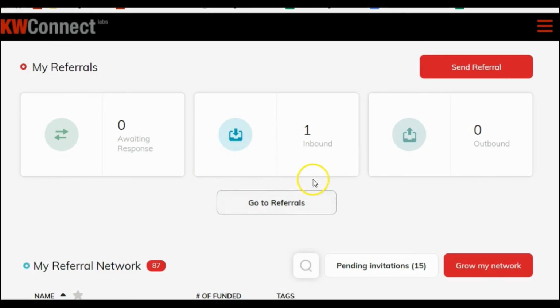So here I am on the referrals, and I'm able to see that I have one inbound referral. I don't have any outbound referrals, and I don't have any waiting for my response. You're given so many hours to accept the referral. I can click to go to my referrals to look at it. I can look at people I've added to my referral network. I can see pending invitations where I've sent a request for someone to join my network, and I can click